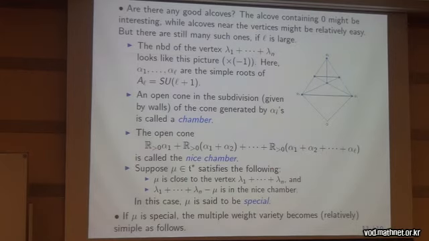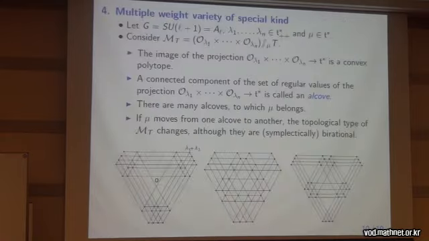Namely, mu is very close to the vertex lambda 1 plus lambda n, and the vertex minus mu is in the nice chamber defined above. In that case, mu is said to be special or extremely special. In the previous example, here, the special mu sits in here or here or here because the vertex lambda 1 plus lambda 2 is here,